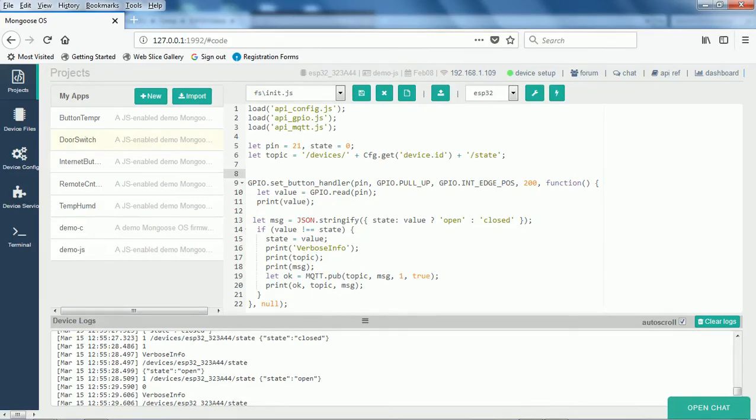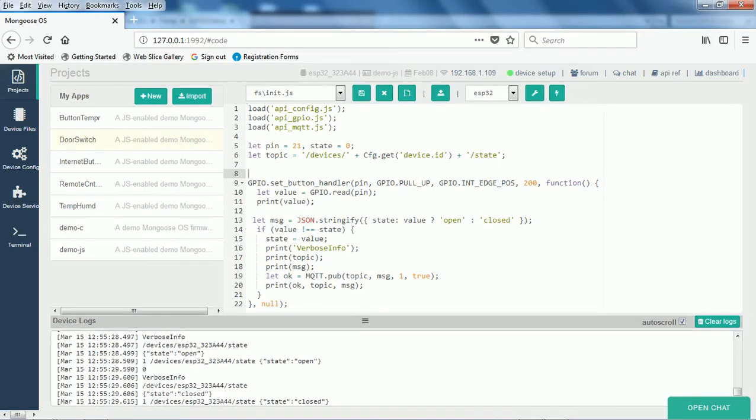So what is the topic? The topic is the state, here device state, and then the actual message. The message here is a JSON message, basically JSON stringify has been done, so that the state is equal to either open or closed. Here I am just showing it: this is open or this is closed.